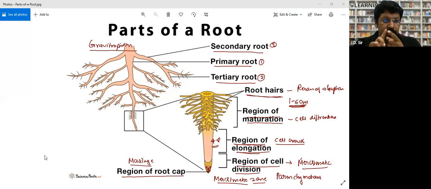Always keep in mind this concept: the hair-like structures found in the root part are unicellular and arise from the outside. The hair-like structures found in the stem are always multicellular. We call them trichomes. They are found in the stem part. So stem hairs are always multicellular and root hairs are always unicellular. Write it down. Root hairs are unicellular tubular structures.